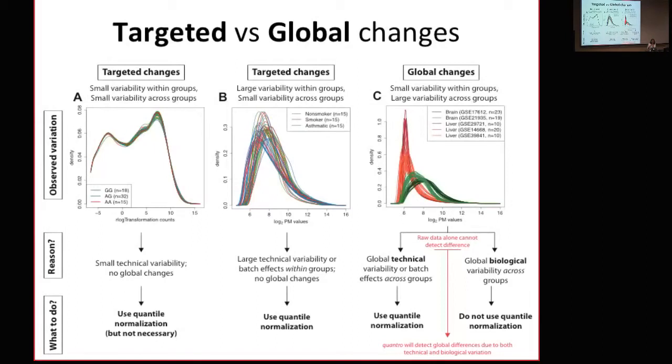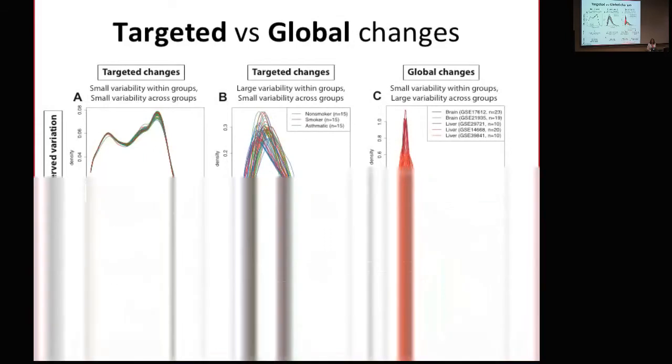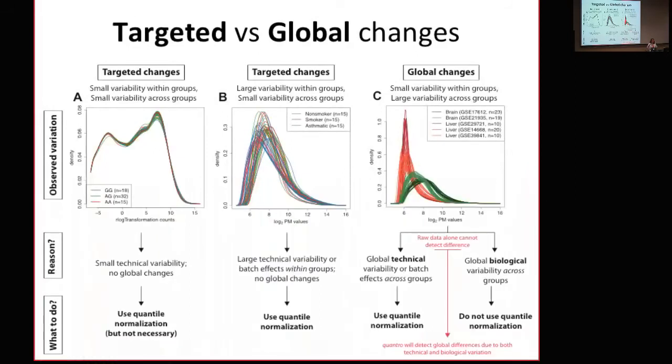So it's very hard to see if there are any differences across groups because the variability within groups is so bad. Does that make sense? In this case, there's a large amount of variability or batch effects within groups and no global changes. Therefore, quantile normalization is exactly what you need to remove that technical variation so you can do the next step